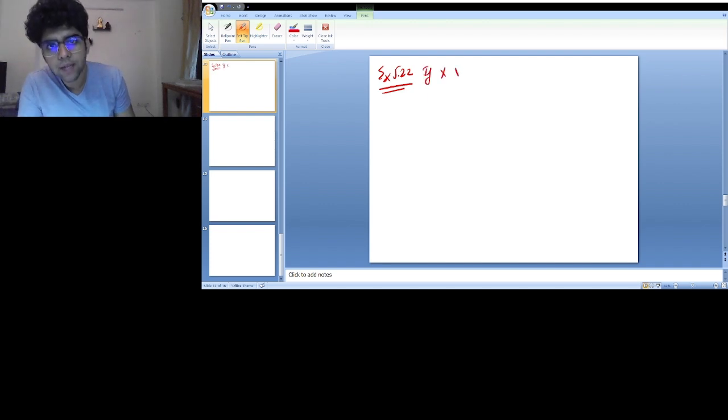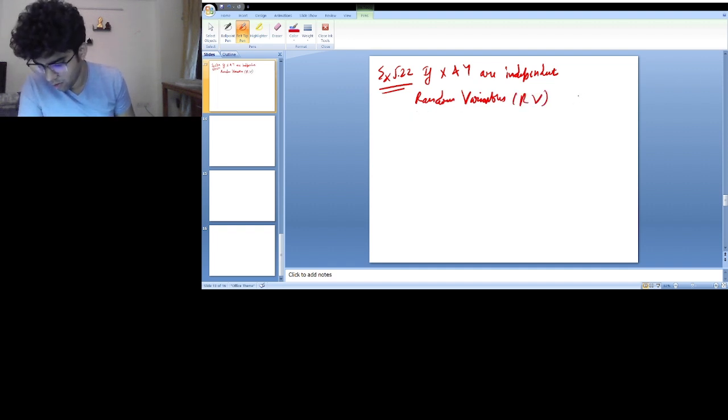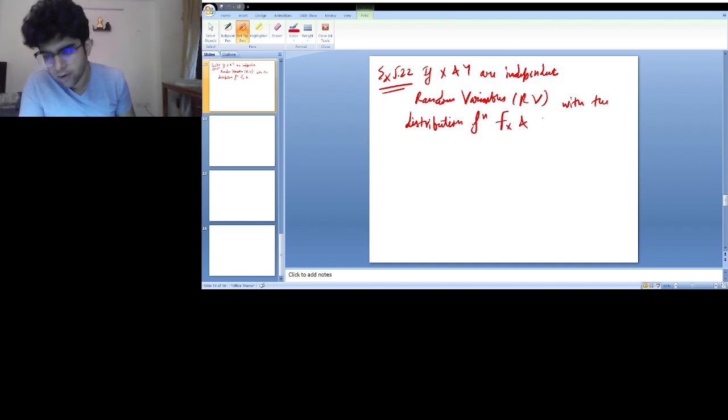Example 5.22 says that if X and Y are independent random variables, RVs, with the distribution functions F_X and F_Y respectively,